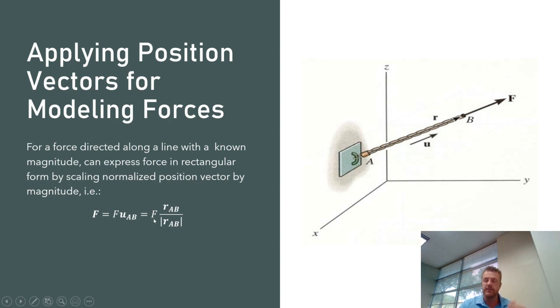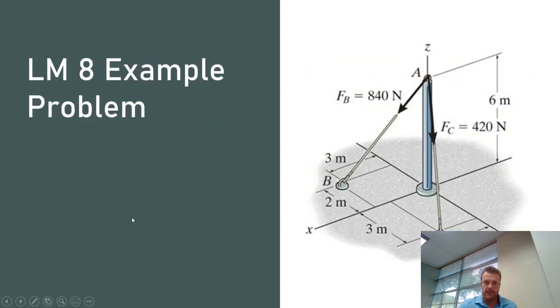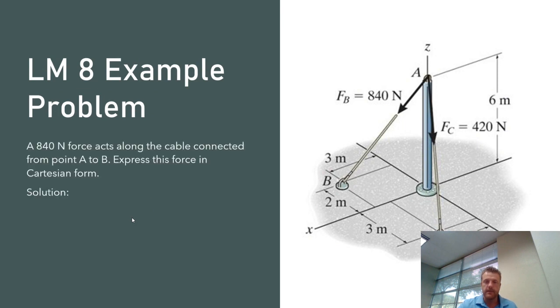So again, in the case where we know the magnitude, if we know 2 points along the line of action, find a position vector, normalize the magnitude of the position vector out, and then that will be a unit vector, and scale it by the force magnitude. So in terms of an example problem, assume that here in our drawing we see that this cable is